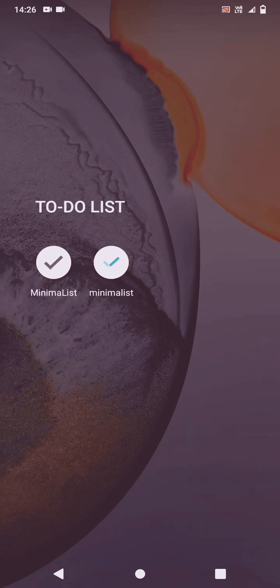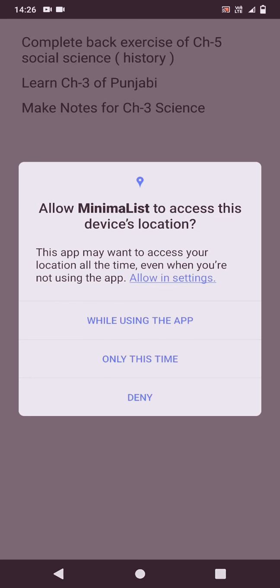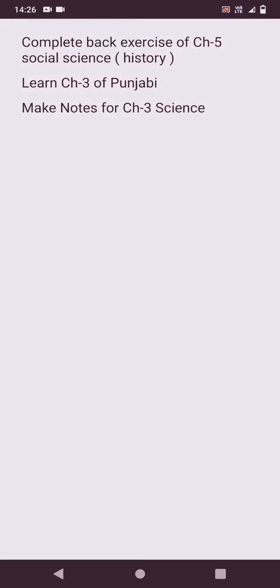So let's get started. When you download this app, you will first of all get an option to allow Minimalist to access this device location. I always click on only this time, so that if I do not want to access the location at a particular time, I can just decline it.